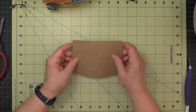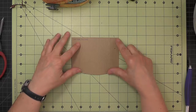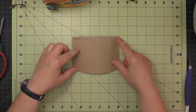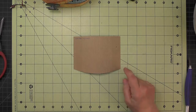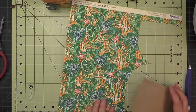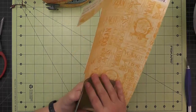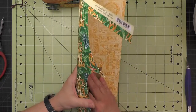And then this is the inside mouth, and what I've done for this piece is that I have stepped over an inch, and then I scored it every 1/8 of an inch for the middle 3-inch section, so that I have an unscored piece on the two ends. And then the paper I'm going to use to cover that is this green paper. It's actually the reverse of the yellow paper, and when I do that I'll just kind of curve it a little bit to begin with, just because this gets a pretty significant curve in there, so I don't want to